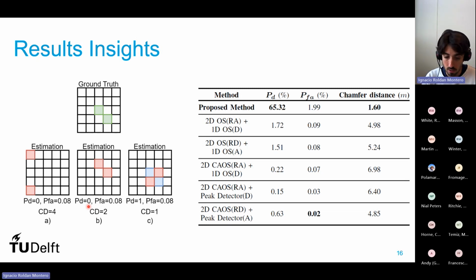So if you have calibration errors between the LIDAR and the radar, the probability of detection will drop completely, even though the error is not that bad. And in